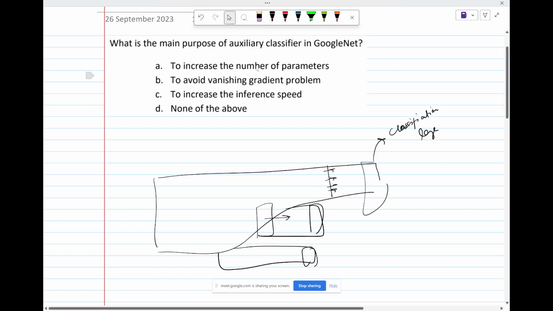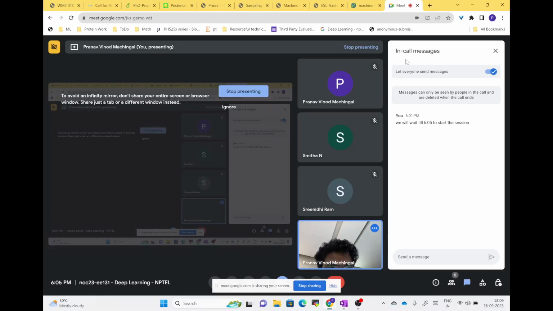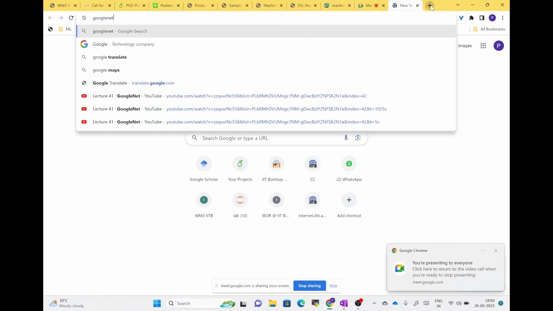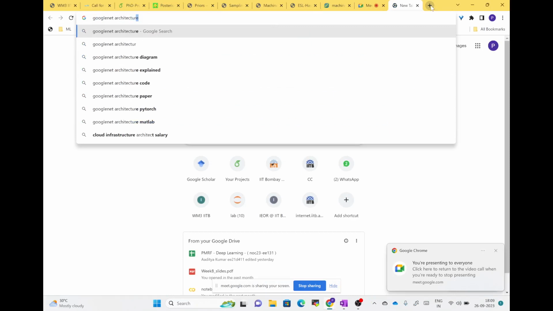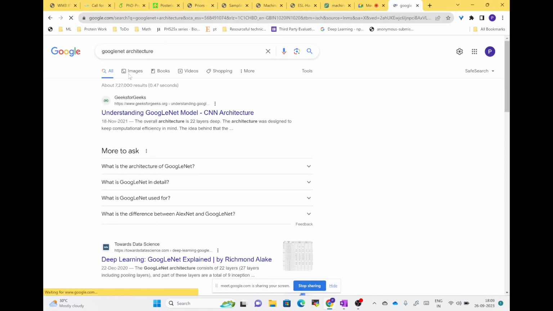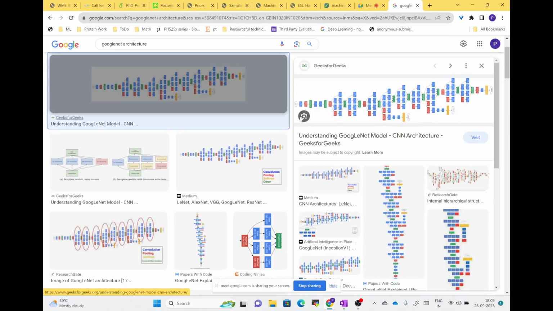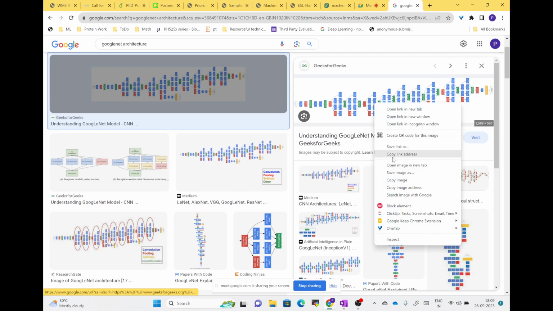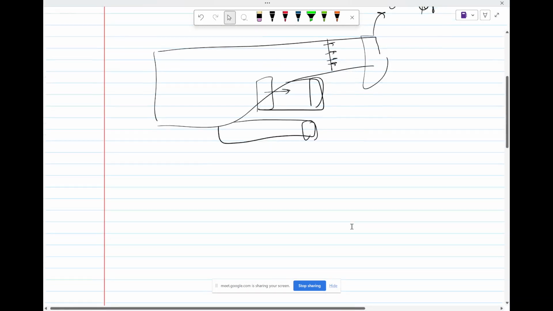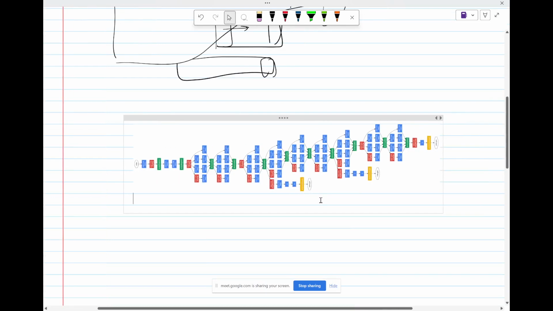Maybe I'll just get the architecture image. GoogleNet architecture. Yeah. So this is the architecture,